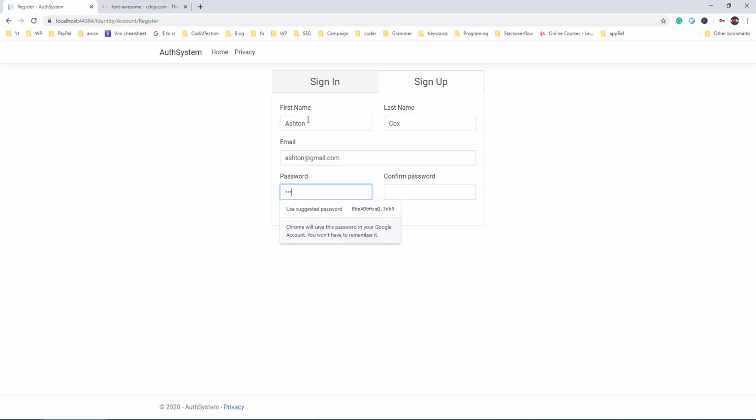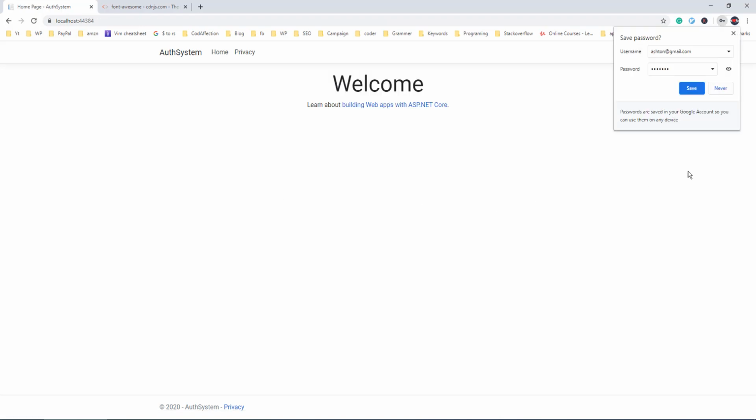Password will be something 123456, and then I will add this @ symbol also. By default password validation, this should be at least 6 characters long. We have to enter the same password inside this confirm password also. Now let's submit the form. Boom, that's it. So here we have added a new user into this application, and corresponding user is authenticated into